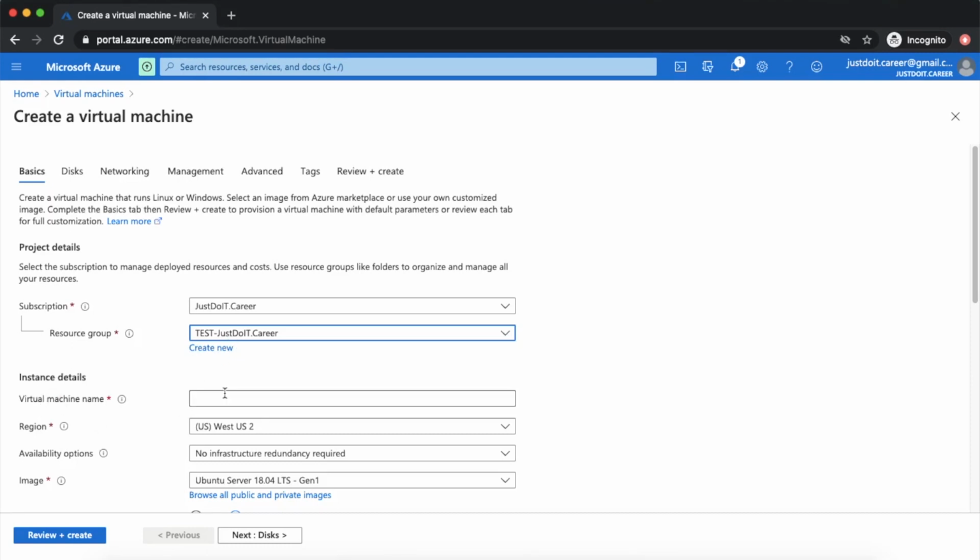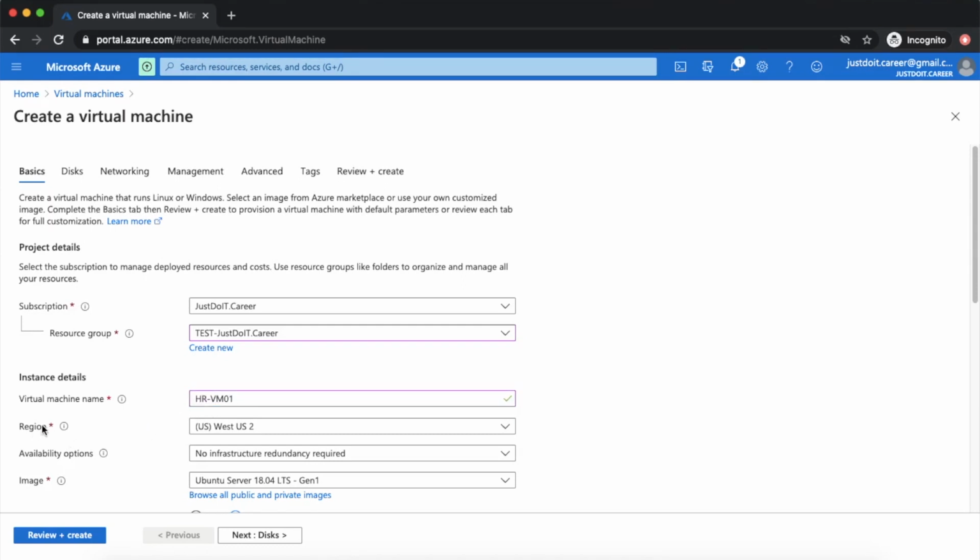And then I'll have to name this virtual machine as per my convenience. Let's say I'm going to use this virtual machine for my organization to handle some HR department work. So let me give it a name as HRVM01. Let's say this is the first virtual machine that I'm going to create for the HR management team. Okay, I can even keep a dash in between so that we can easily recognize the naming convention. So I'm going to give HR-VM01.